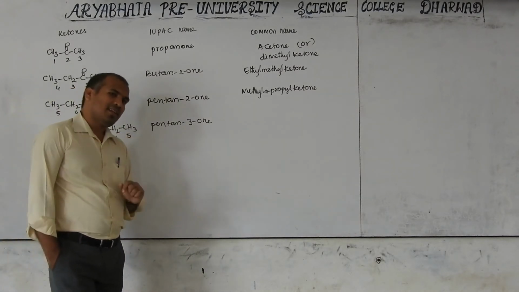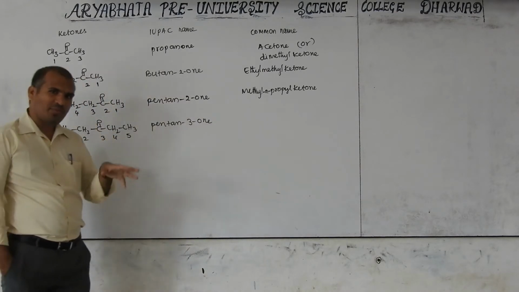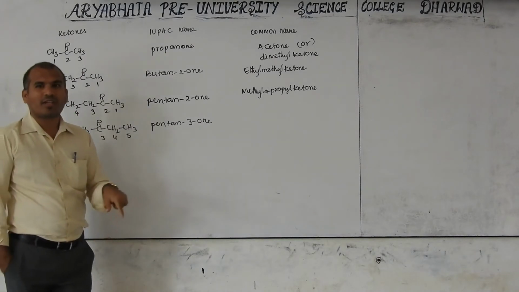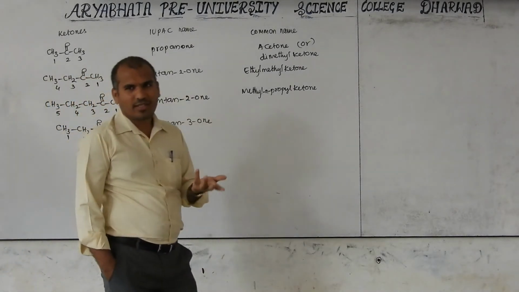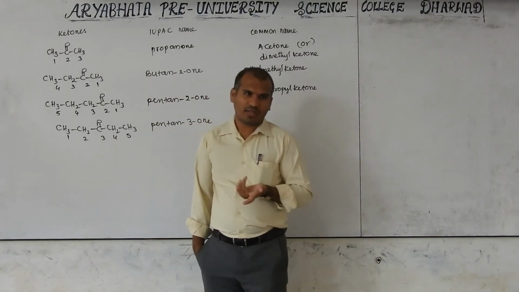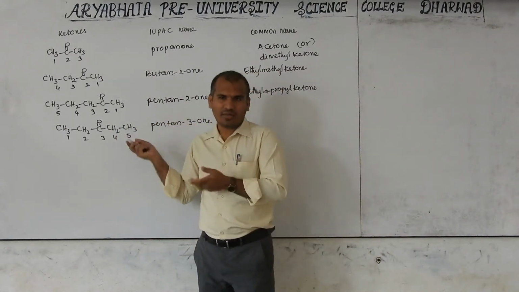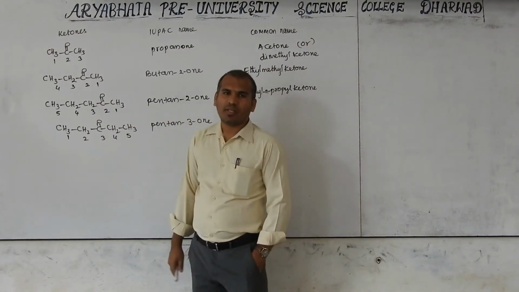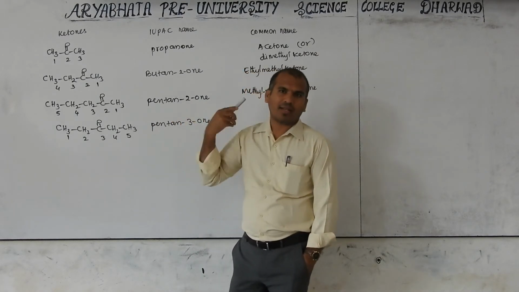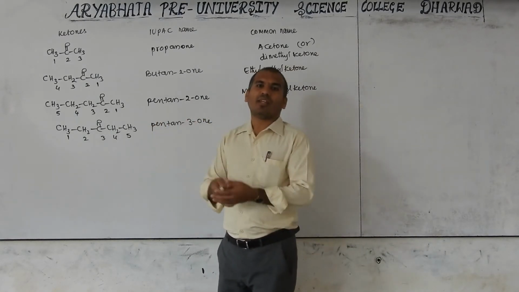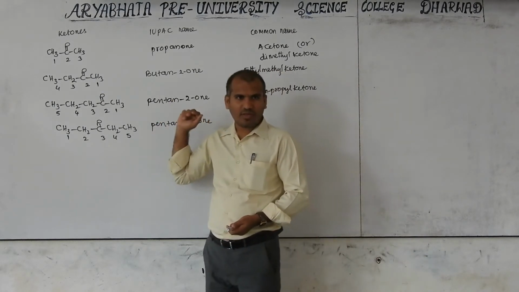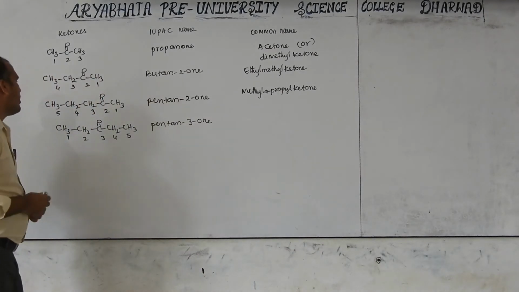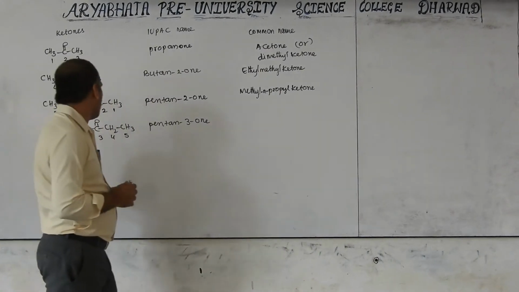If only a single answer is correct, then which one do we have to choose? If both, positional, metamers, and tautomers, none are given as options, then which one to choose? Now the confusion question. When more than one option is correct, we can choose both. Not tautomers, because tautomerism can show up under a later condition, but these two are not tautomers. If only one answer is correct, then choose metamers as a better answer than positional isomer. For metamers we can use names, and that time these names will come. So that is a good question for competitive exams. This question was asked once in a competitive exam. That's why I am giving this question.